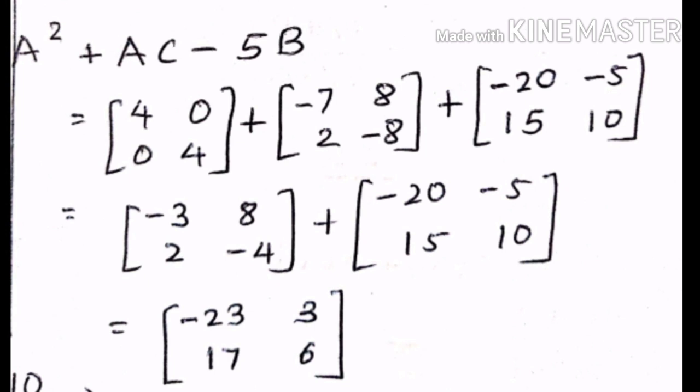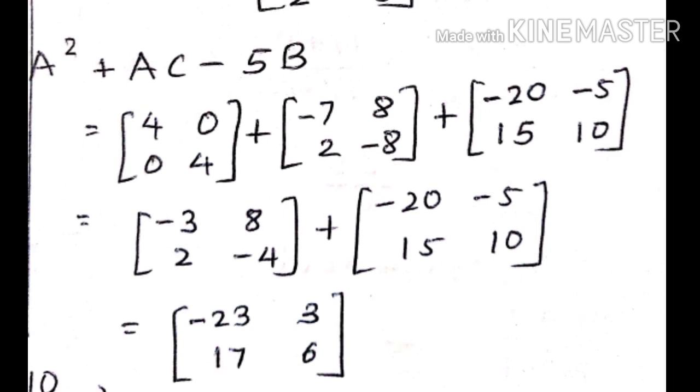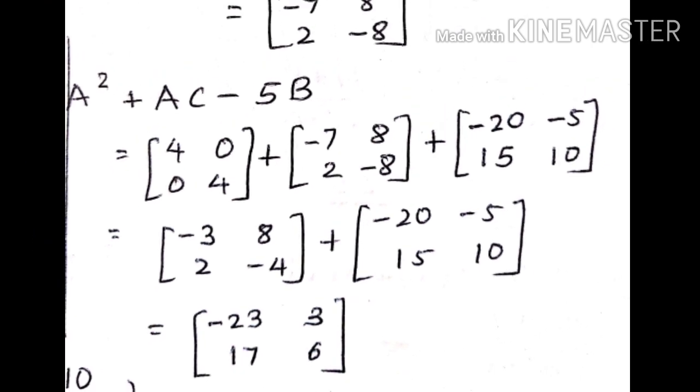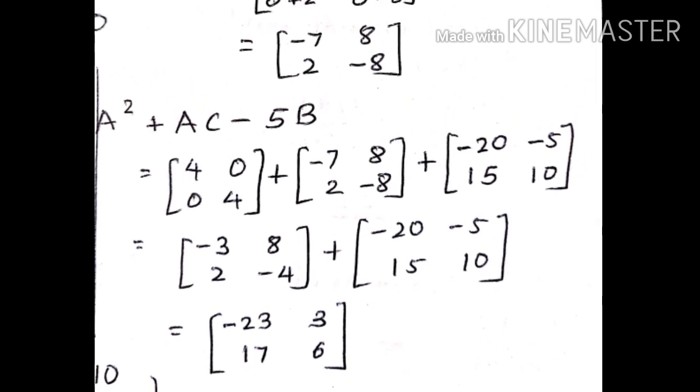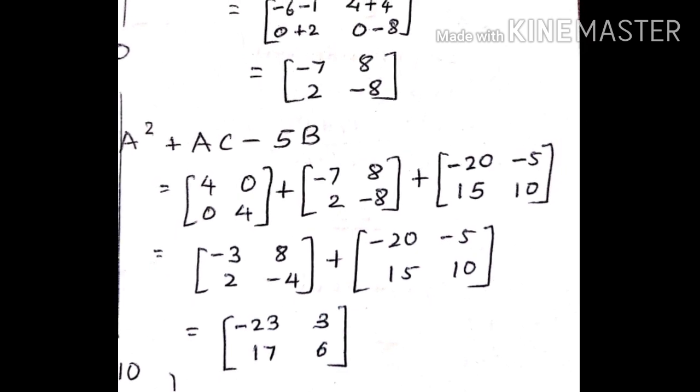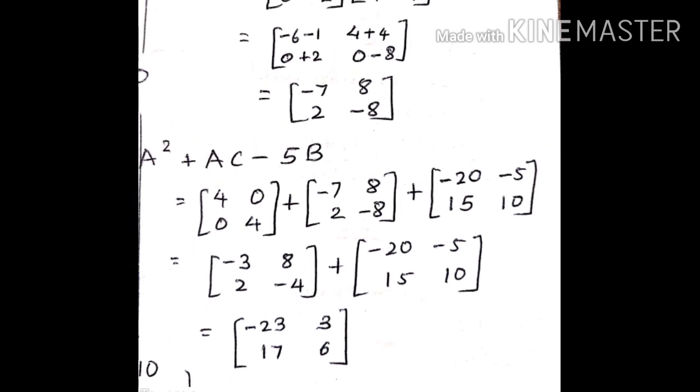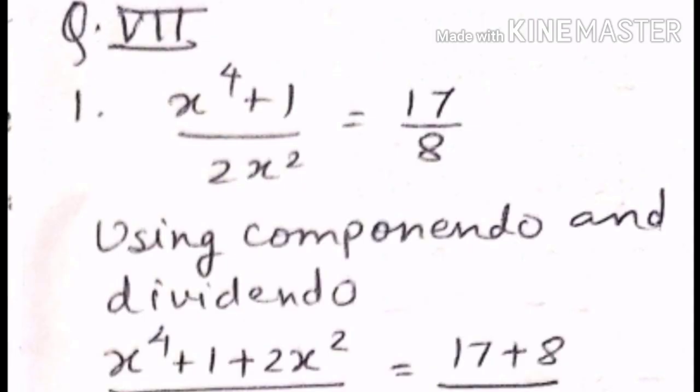Now next, question number 6, third part, is on probability. In that probability question, 2 coins are tossed. So HH, HT, TH and TT, 4 possibilities are there, and for 2 heads there is 1 possibility. So 1 by 4. And at least 1 tail means 3 possibilities. So there is 3 by 4. So the answers are very simple. You can solve it by yourself, students.